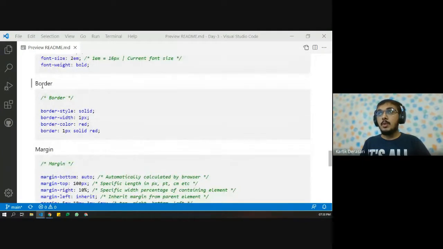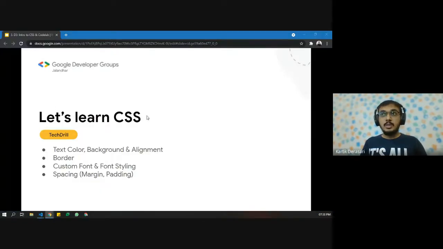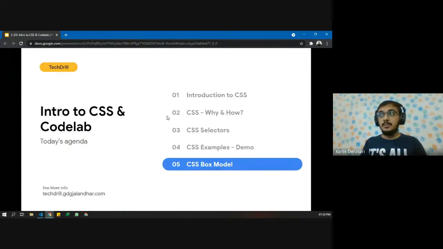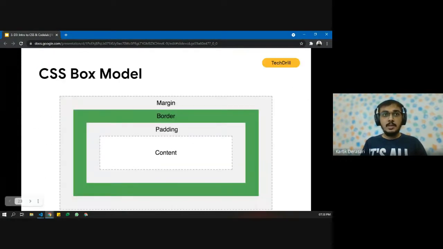Okay. So now before going to border, let us see what exactly the CSS box model is. The box model is very important in CSS. So, coming down to the CSS box model, has anyone heard about it before?